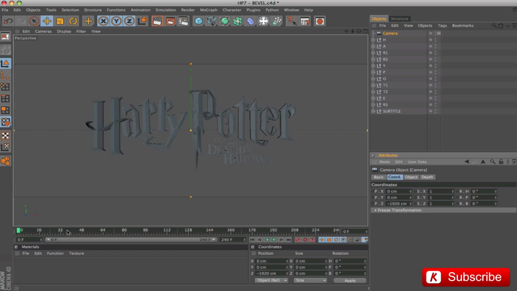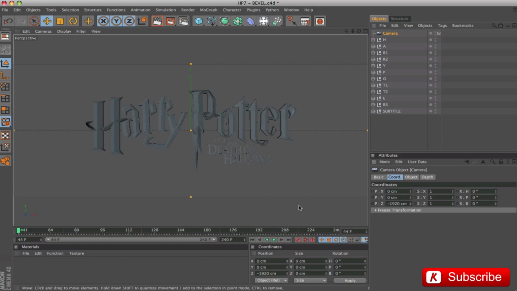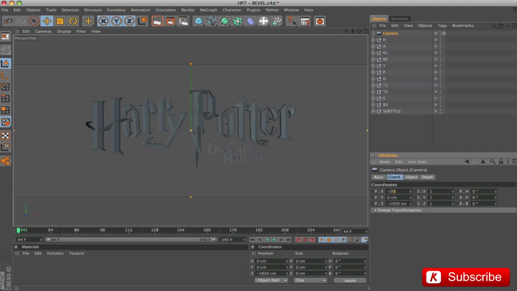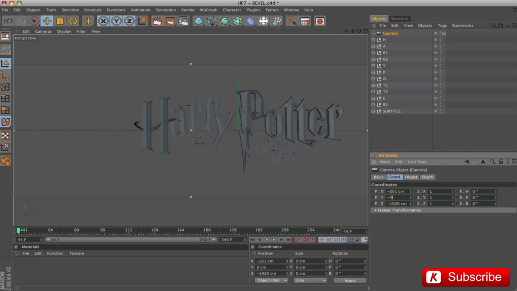The animation starts from frame 44. Put the following coordinates: x -261, y -4400, z -125, rotation